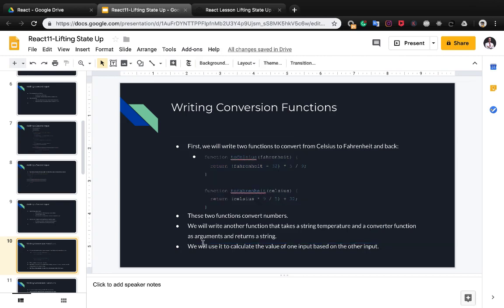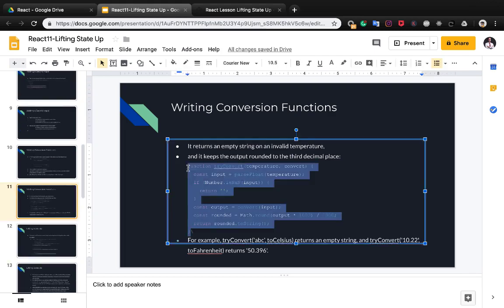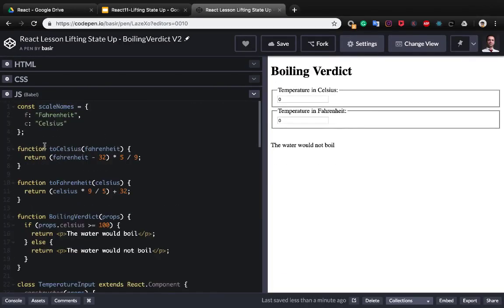We will write another function that takes a string temperature and a converter function as an argument and returns a string. We will use it to calculate the value of one input based on the other input. It returns an empty string on an invalid temperature, and it keeps the output rounded to the third decimal place. Let's add this function at the end of